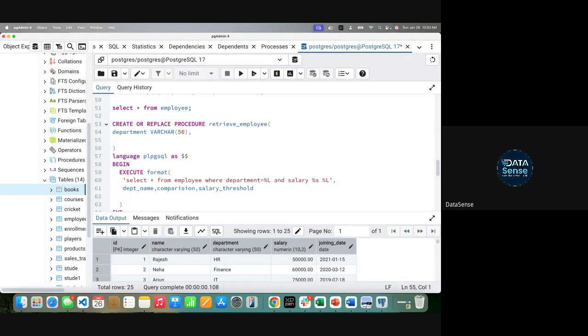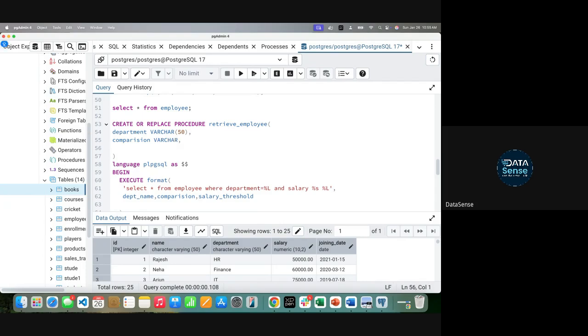What should be the next one? Comparison operator. It is a string basically, so you can call it varchar. And the third is your salary threshold. That needs to be an integer, or you can call it numeric, depending upon whatever you want.